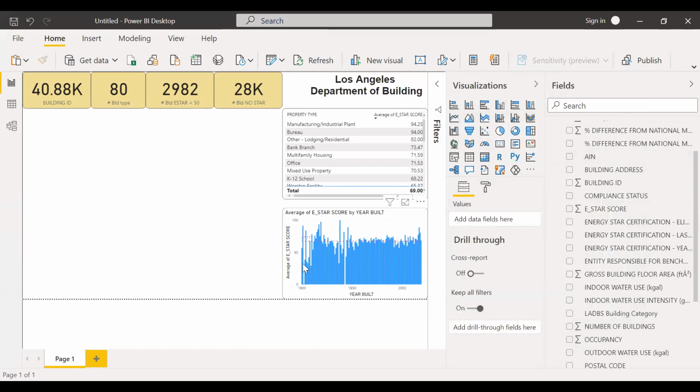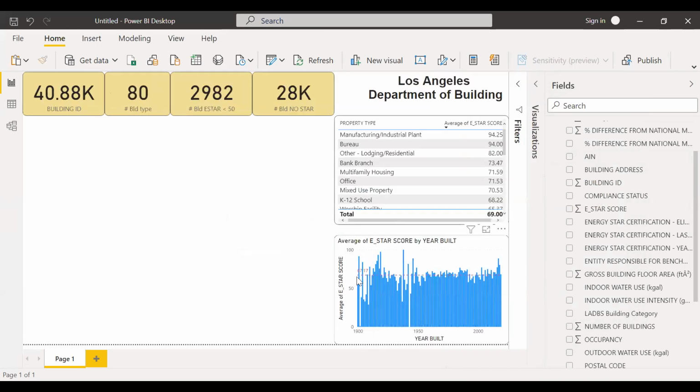You can see here the average is 67, and we have room for buildings built in every year to improve the energy efficiency, right? And for some building years, for example here in 1900,